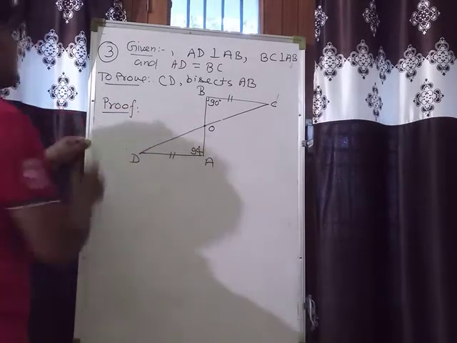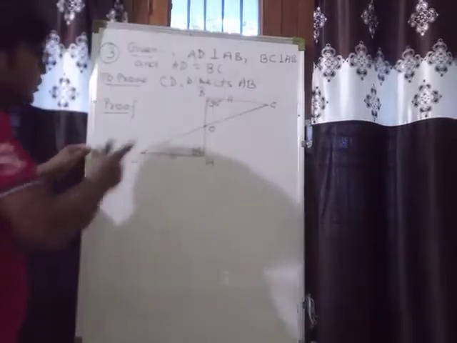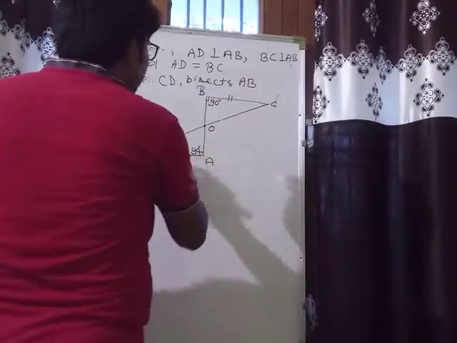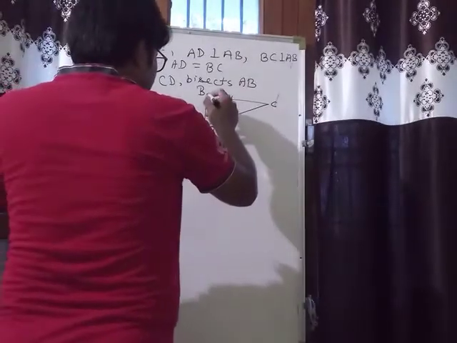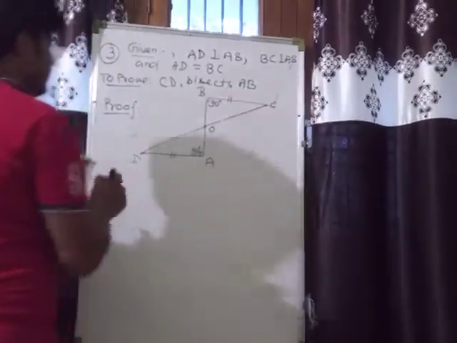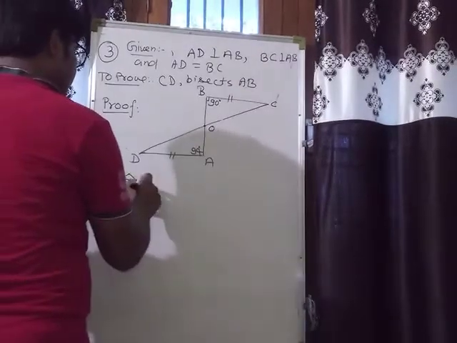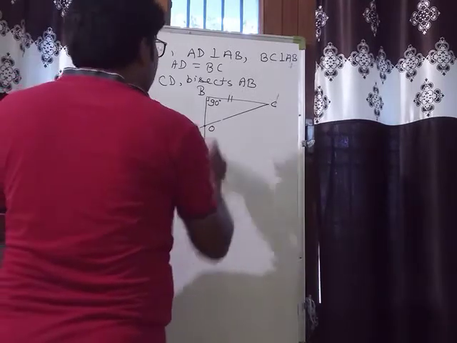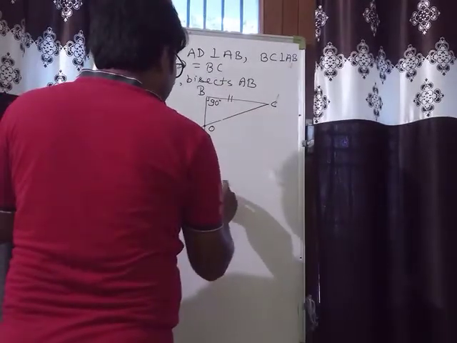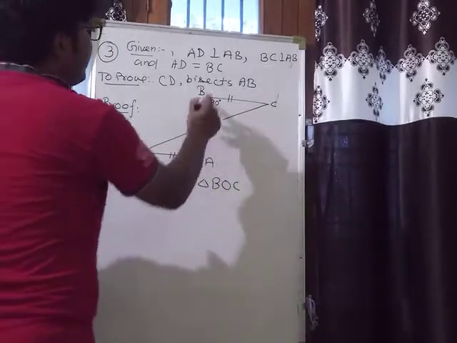See, we have two triangles here. You can check. One is AOD and another is BOC. So in triangle AOD and triangle BOC. In triangle AOD and BOC,